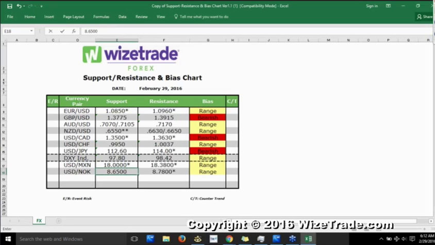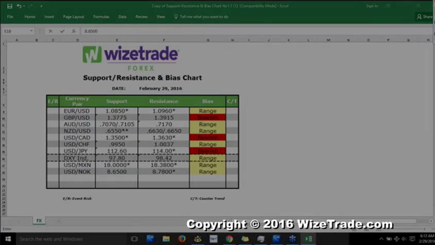Okay, I'm going to leave this as your bias chart right here, and let me answer some questions from you guys. All right, so